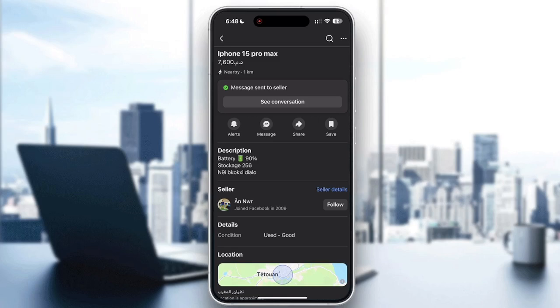So if you don't see the chats, tap your profile icon, select archived chats, review archived conversations and move back to inbox if needed. So archived chats are